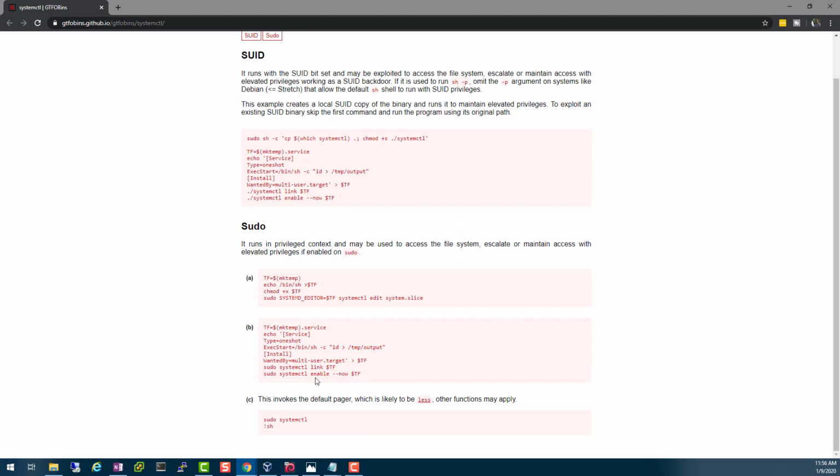We can create a service, right? And then we can execute our reverse shell right here, which is very simple. Create a service, execute our reverse shell. And as you can see, SystemCtl is running as root. So if we can create a service, run it under SystemCtl, and execute our reverse shell, that would